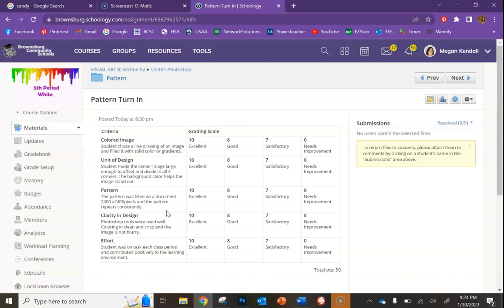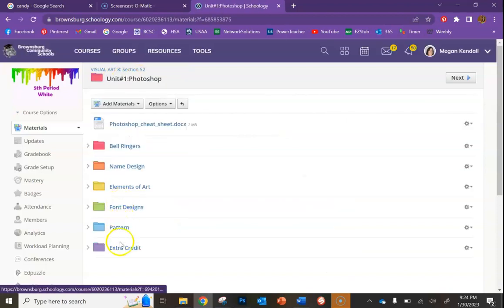Then early finishers, your job is to make a different pattern following the same steps. And when you go back to Photoshop, extra credit,